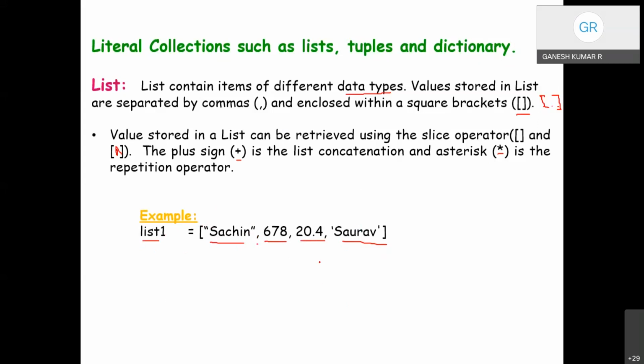Is it clear? Let us take one more list, which has only two data elements, one integer and another string. As said, we can access the list with the help of the slice operator, concatenate operator, and repetition operator. For example, print list. The print function will accept the input.